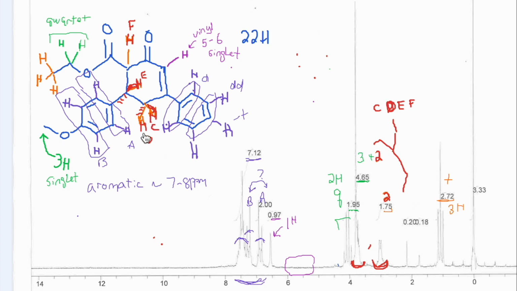And then as far as which one is further upfield, that is a little bit more fine-tuned than we are able to do right now, because you can make an argument for any one. This E is next to a benzene ring. F is next to 2 carbonyls. So you think that this F proton is next to 2 carbonyls. So that one is probably very far downfield. This one that's on the same side as the benzene ring might be affected by the electronics there. It's also next to